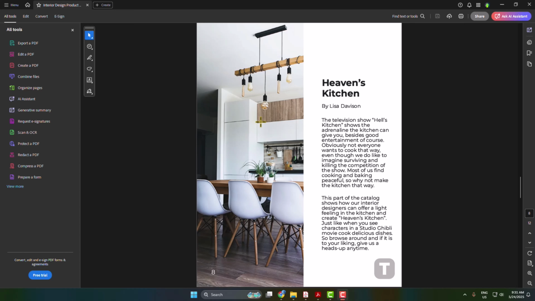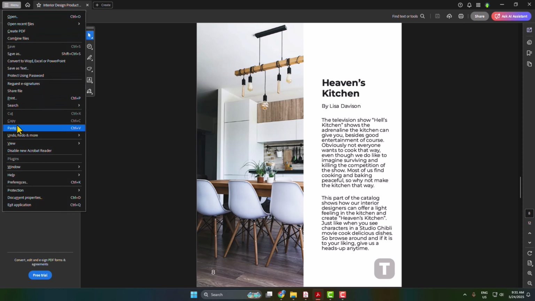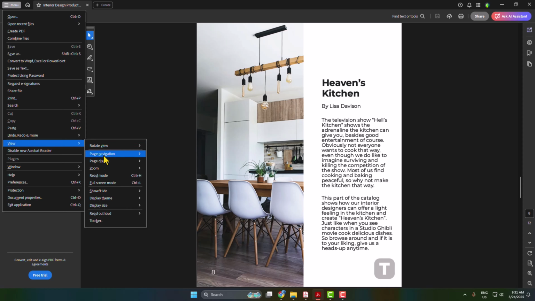Let's see how to make your Adobe Reader app read out loudly for you. Go to your Adobe Reader and open your PDF first of all, and then click on menu, hover over on view, and here hover over on read out loud. Now we have to activate read out loud, so you can click on that,